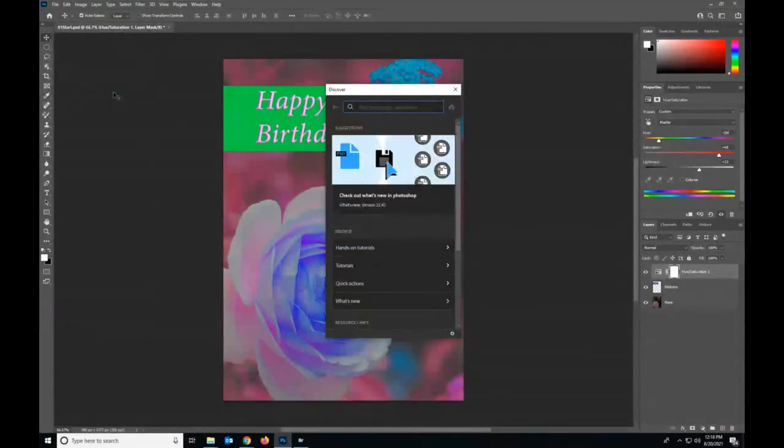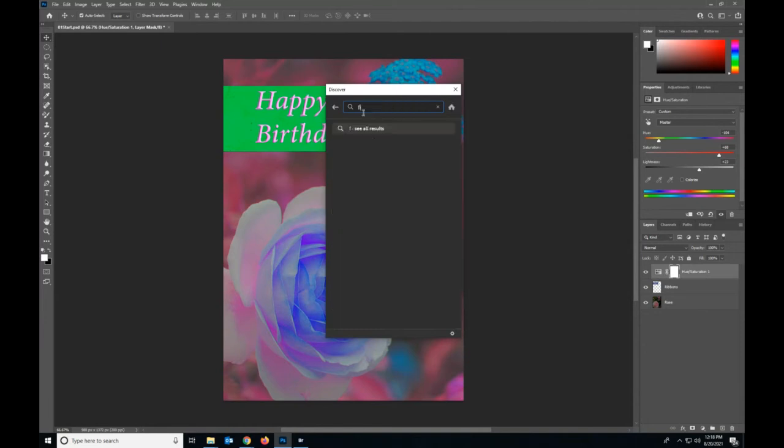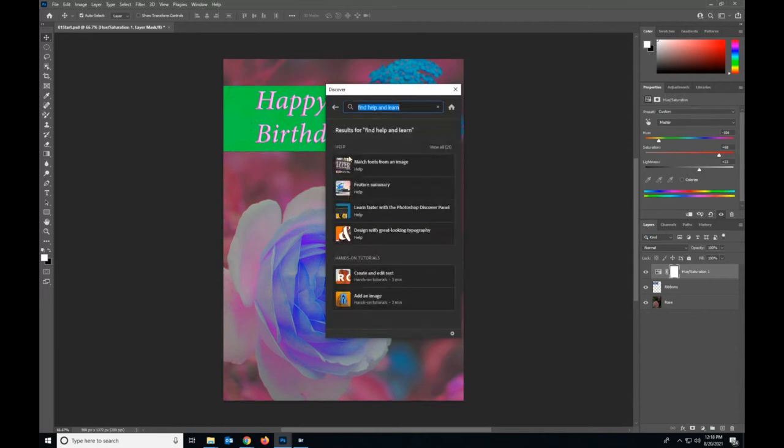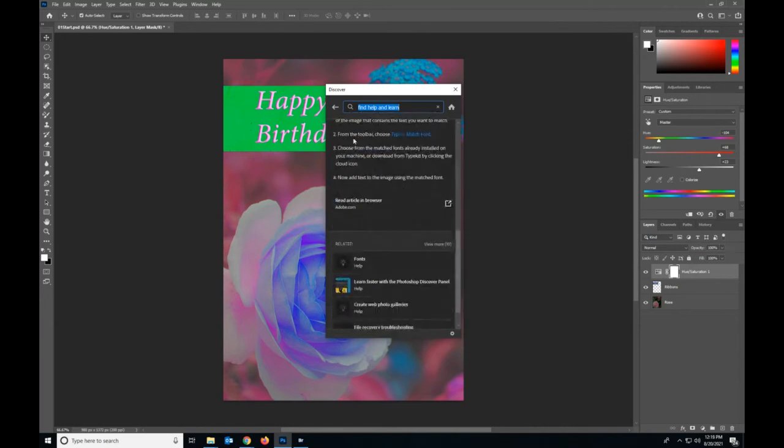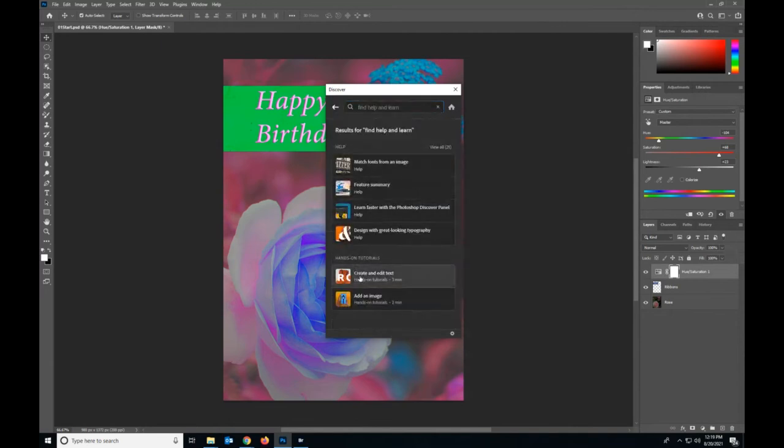Okay, we can also look at the search options here. So this will give you some help, some tutorials, quick actions. So we're going to find Help and Learn. So we see here that we have results. We'll click on this, and it's going to bring up different tutorials, different knowledge-based documents that we can use. Help images or help documents. And then, like I said, we also have tutorials,